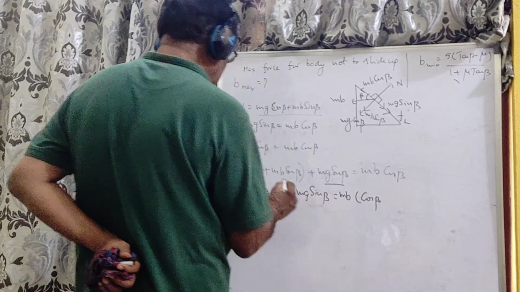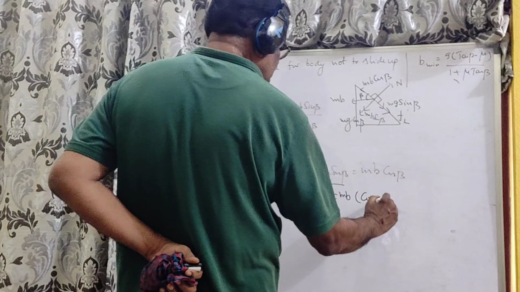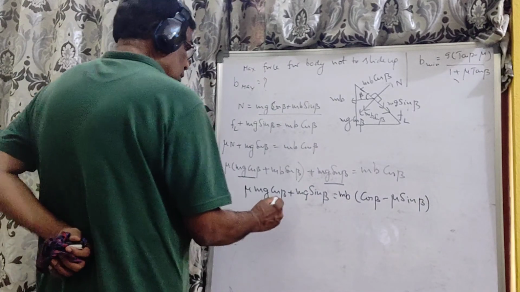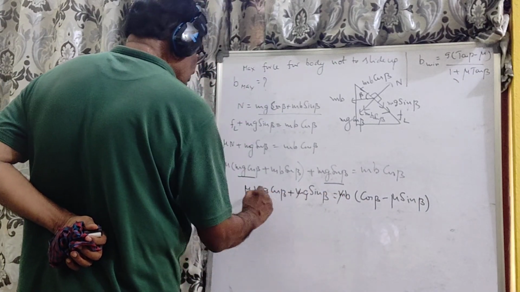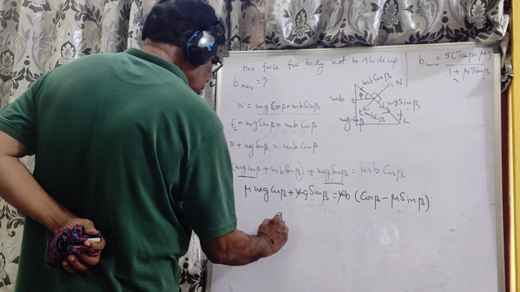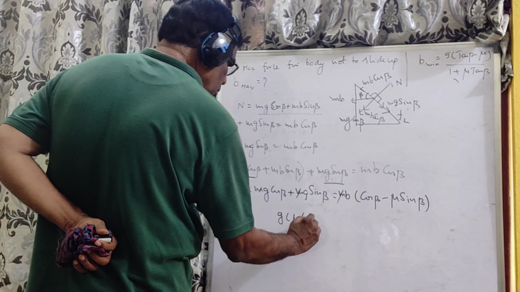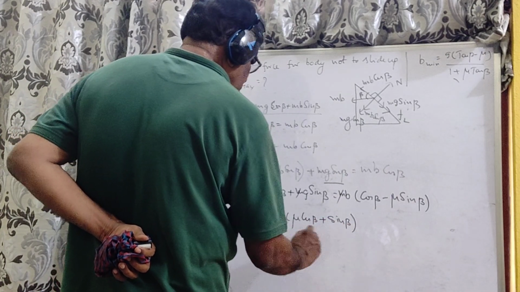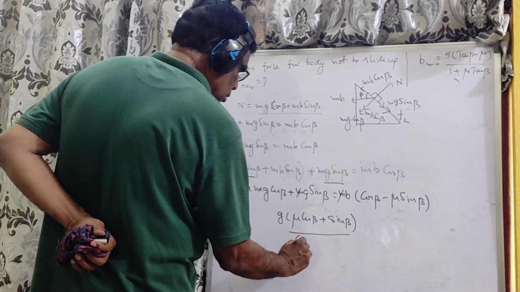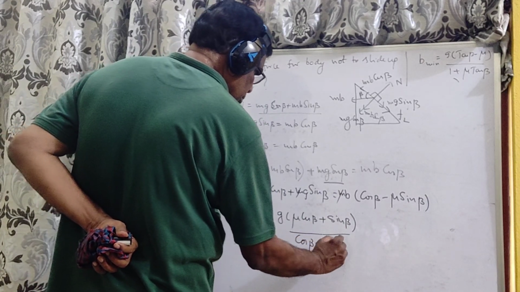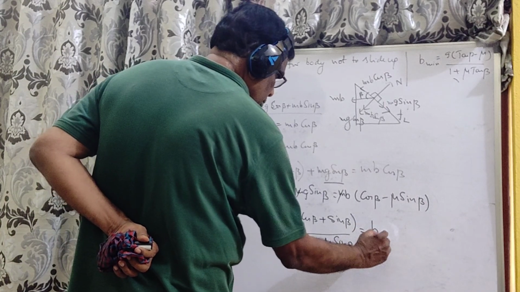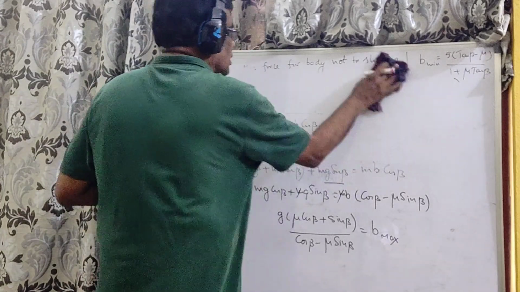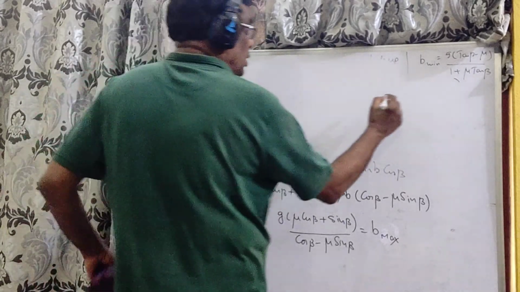You have cos beta minus mu sin beta. So what do you get? As I said, g into mu cos beta plus sin beta by cos beta. This is B max. What is this? B max